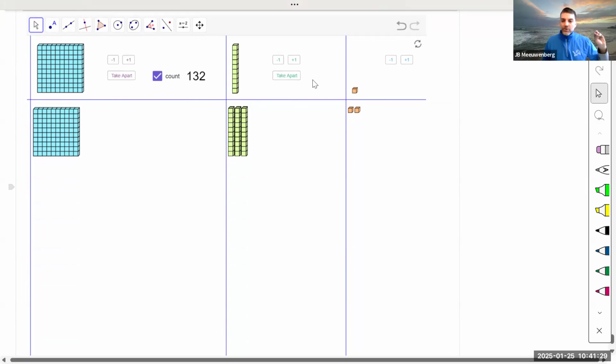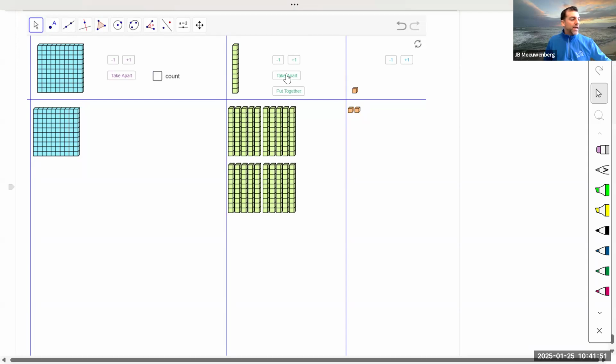You can also put together groups and take them apart. So I would recommend you go to that app and just play around for a little bit, see what it looks like, and you could also turn off the count. So you could say, all right, can I figure this out myself? If I add a few of these groups of 10, I'm just going to put a whole bunch of them,